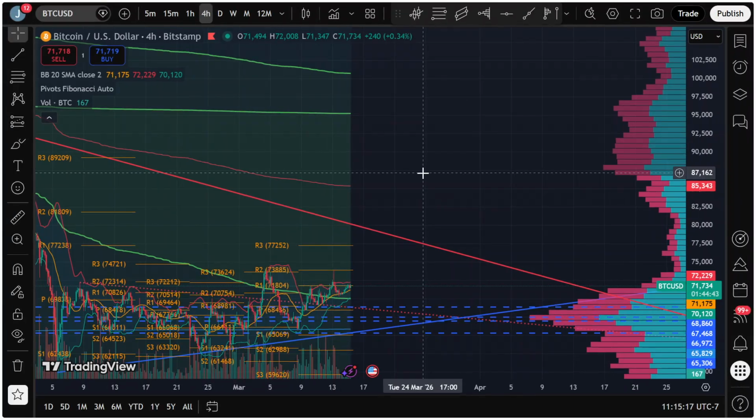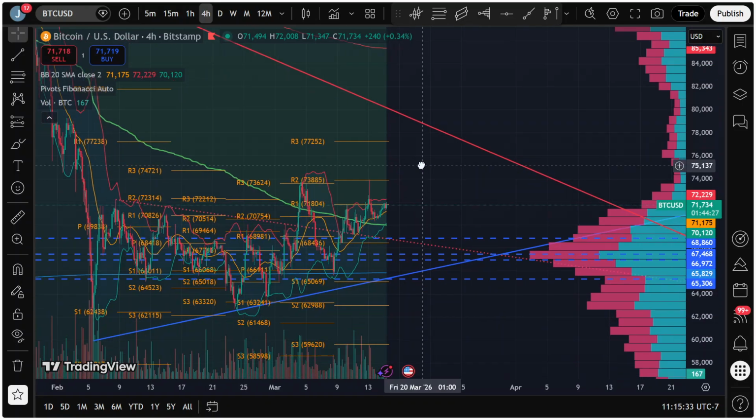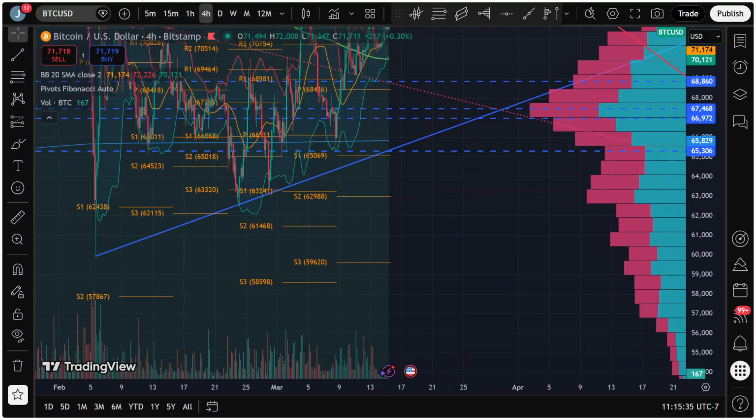So me personally, I'm going to go with what the chart is actually telling me, which is more likely that we're going to have a reaction towards 85.4K, 86K over the course of the next couple weeks. And I do think we are going to fail it at that point, which again, I will go over on the higher time frame. So that's the downtrend anchored VWAP.